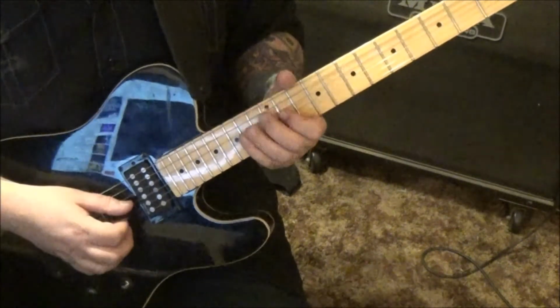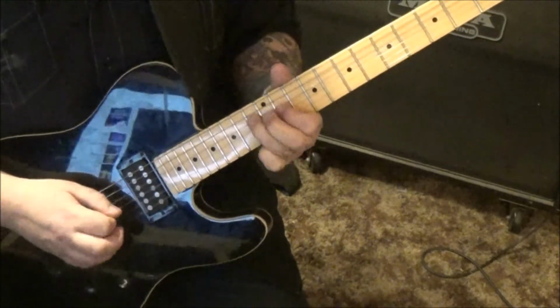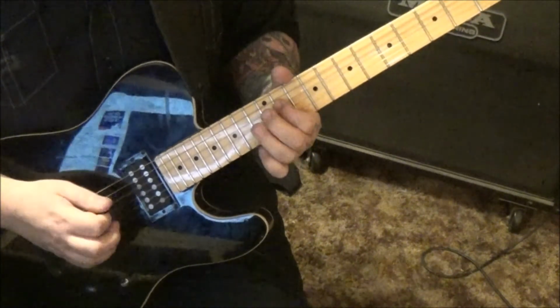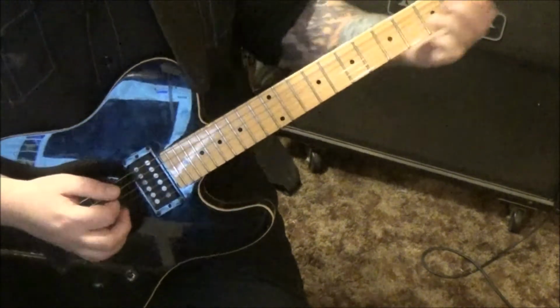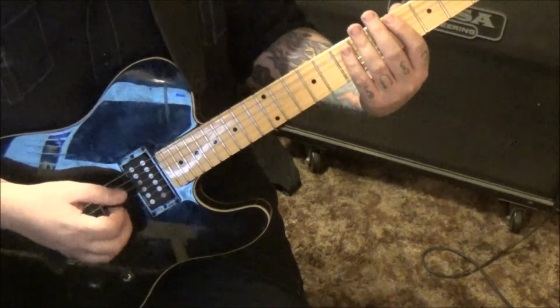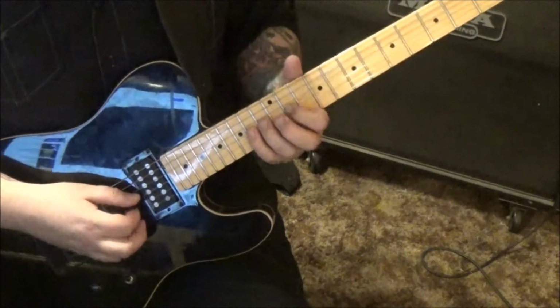Now let's play all that again. A little slower. 13G, bend. Slide. 323. String mutes, down, up, up. And he moves into some octave stuff. So that is